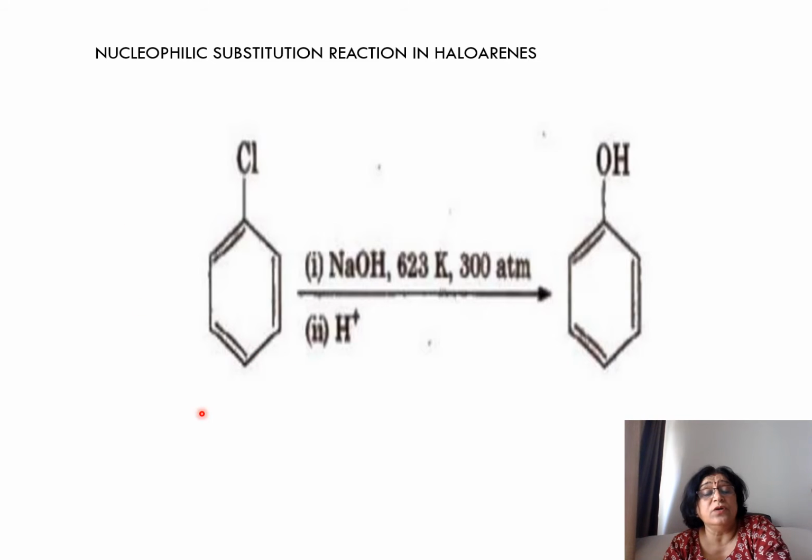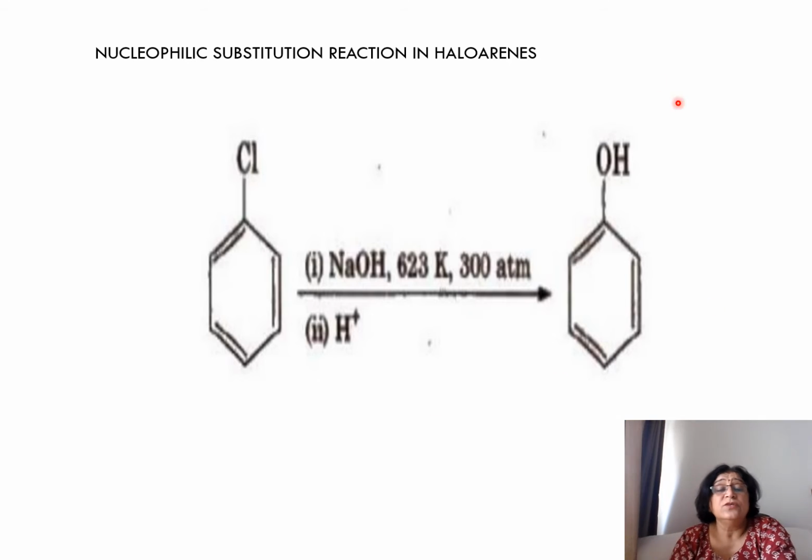So in normal conditions, this substitution reaction is not possible. So how will the substitution reaction happen here? Let's see. This is chlorobenzene. When it is reacted with NaOH at 623 Kelvin and 300 atmosphere pressure, followed by hydrolysis in the presence of H plus ions, phenol is formed. So this NaOH provides the OH nucleophile, and ONa is formed first, sodium phenoxide,